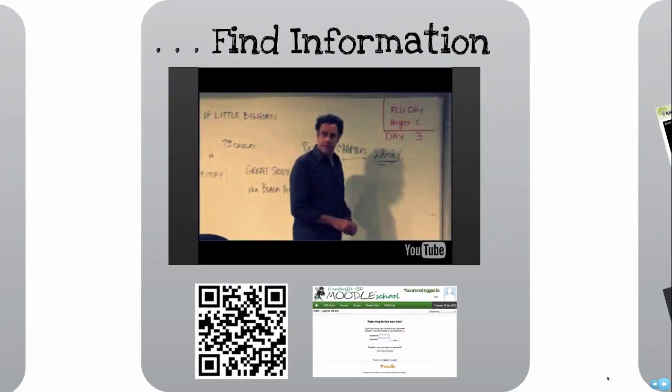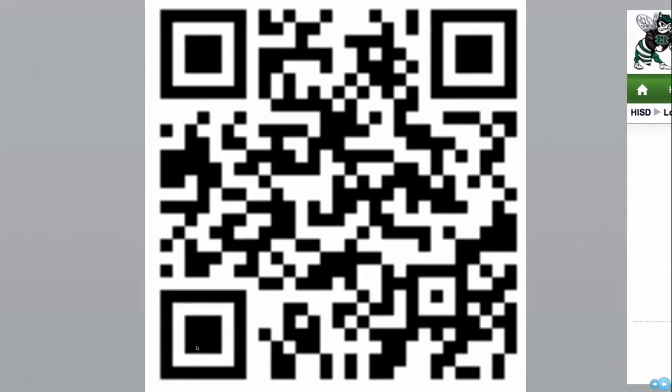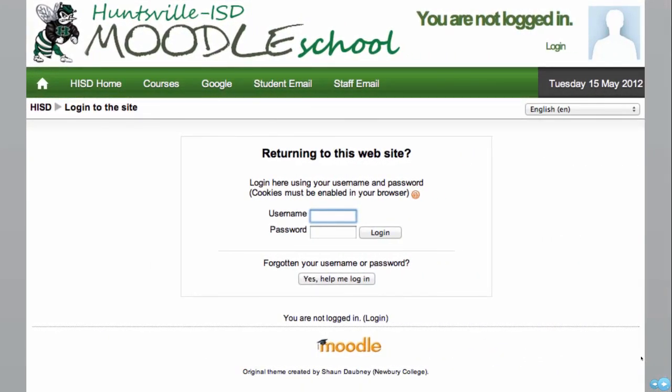So if you'll remember, we were talking about students being able to find information, and obviously that's the case. We all use our devices that way all the time. Did you know that students can also use many devices to scan codes like this? This is called a QR code, and for long web addresses or complex web addresses, this can be a great way for students to get to websites. For example, they might use a QR code like this to navigate to their Moodle school homepage to be taken right to their own teacher's classroom without the time that it normally takes in class to navigate to a teacher's